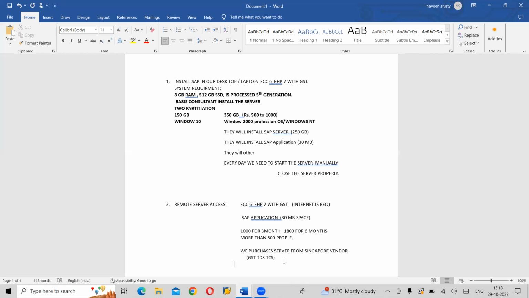Normally, we are charging for 3 months it's 1,200, and for 6 months it's 2,000. If you need more, again we need to renew it. That's it, we can renew it.